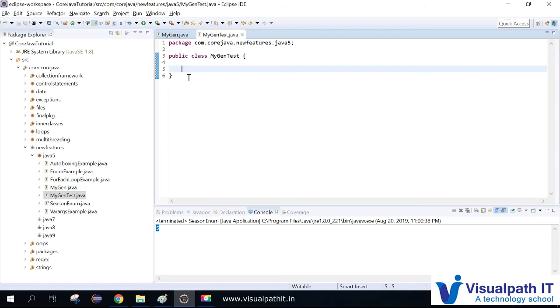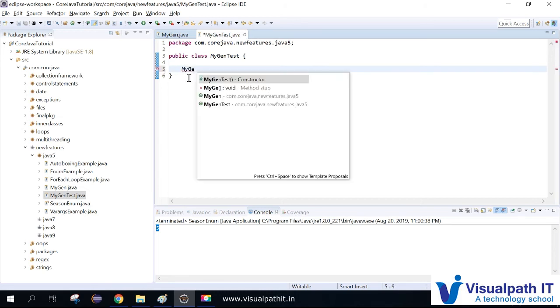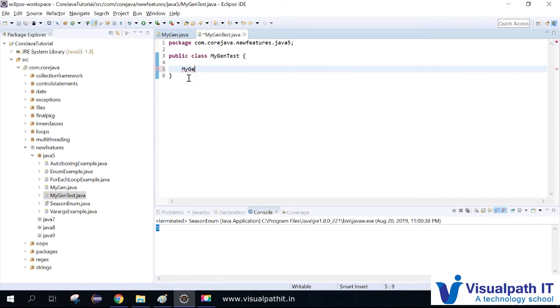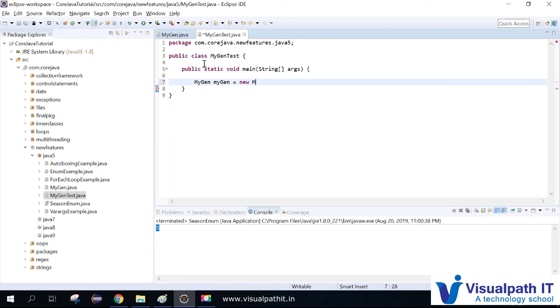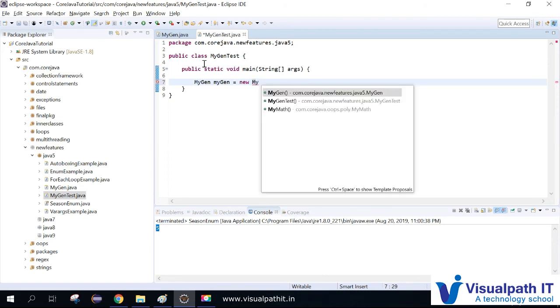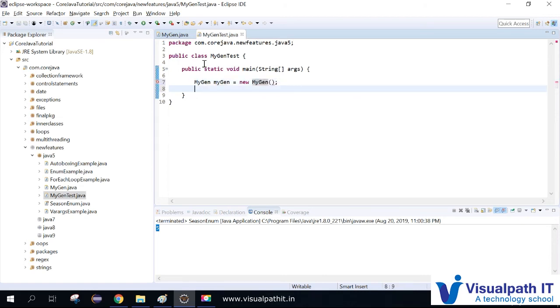What I'm doing is MyGen new. Let me keep this in the main method. Let me add set to set that value.